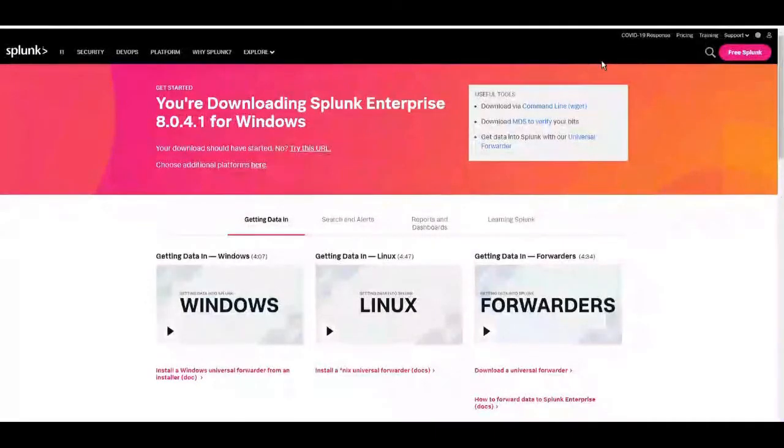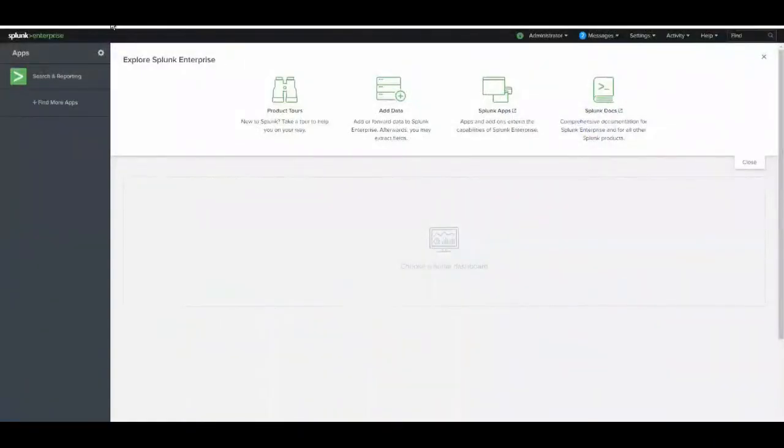First of all, we have to download the Splunk Enterprise version from splunk.com by creating an account. After download, we have to install it on a machine. It can be done by following basic installation steps. After installation, you can see that it automatically runs on a local port in your browser. For me, it's running on localhost 2018.